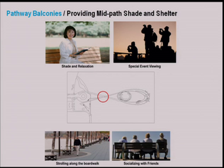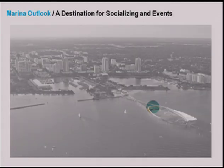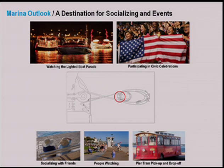But importantly, this becomes really a central event for larger special event viewing. For instance, 4th of July celebrations, this would be an incredible place for people to be. As you move out further and start to engage the more main part of the structure of the lens, we